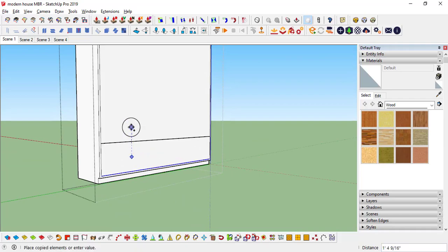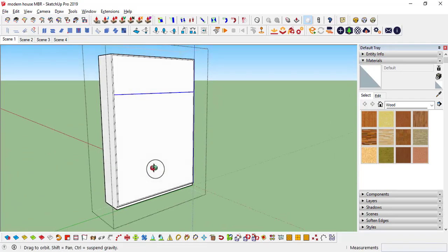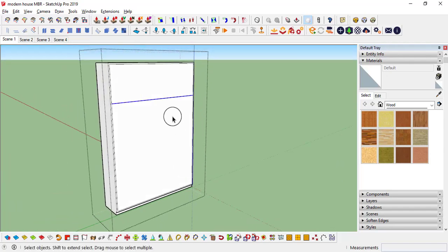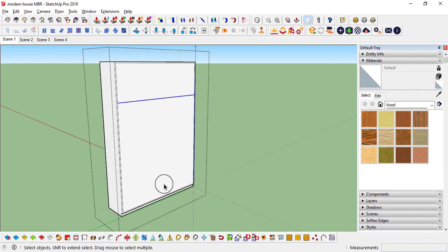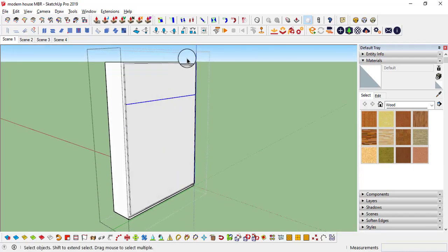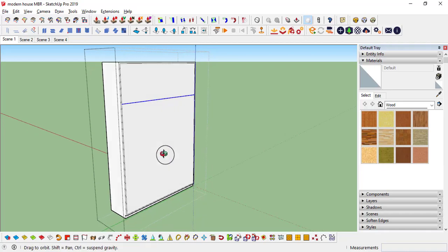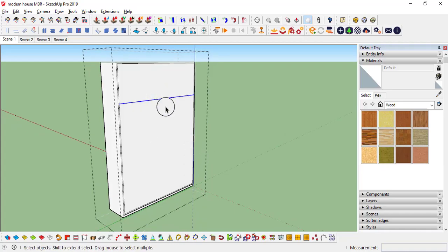M, control, up to 8 feet. Why 8 feet? For the sliding doors, the standard plywood dimension is 8 by 4 feet, so 8 feet would be the maximum. If you want to cover the entire height, you need to make some joints. Either way you can do it. From top to bottom you can make single doors, just making simple joints. For easy usage on the bottom section, 8 feet tall is more than enough. The top shelves we may not use regularly, sometimes we may use, that's why I'm going to leave them as standard doors.